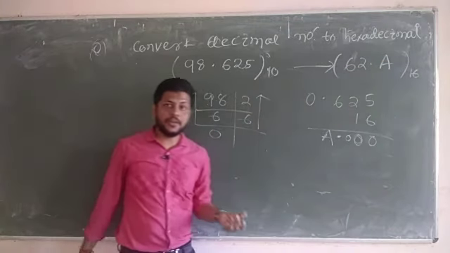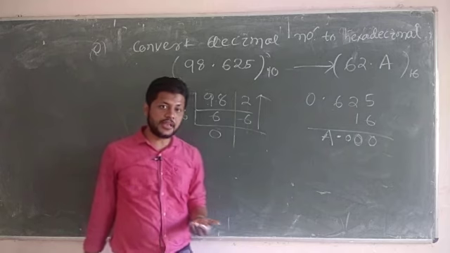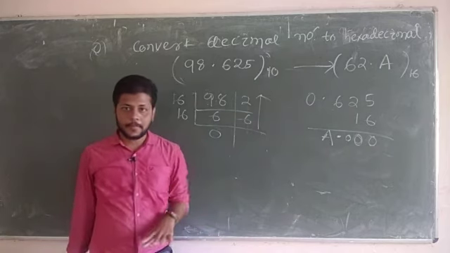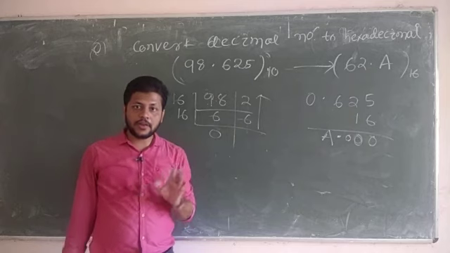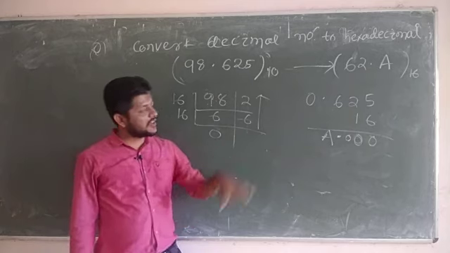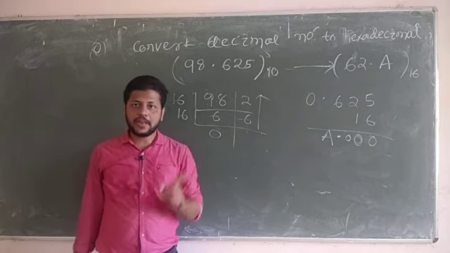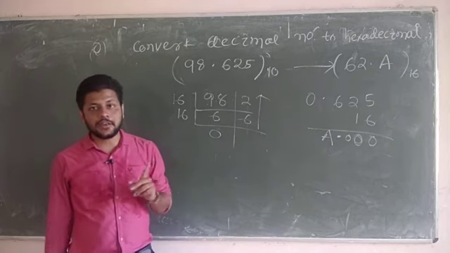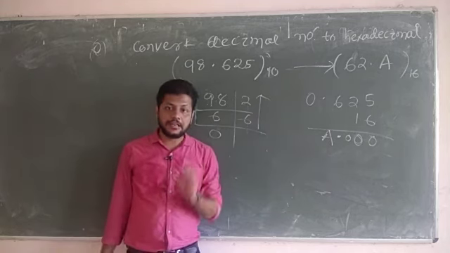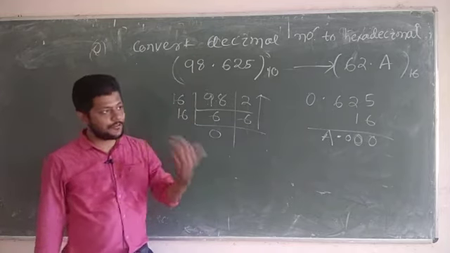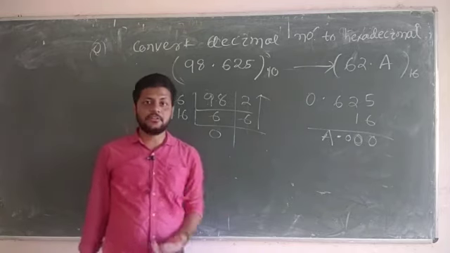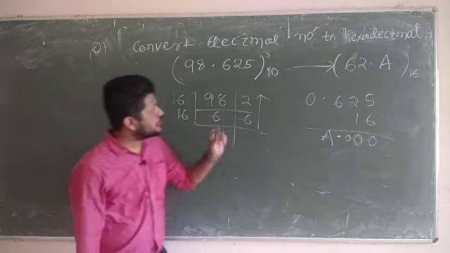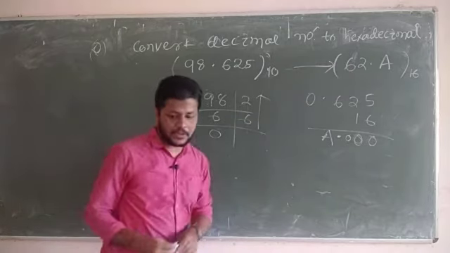Because I have already said in the previous class, you need to see the previous class, that in hexadecimal base you can write from 0 to 9, then after 9 in decimal we write 10, but in hexadecimal we need to write capital A for 10, capital B for 11, capital C for 12, capital D for 13, capital E for 14 and capital F for 15. So F is the highest digit we can represent. Capital F in hexadecimal number system stands for 15. So here will be the answer.